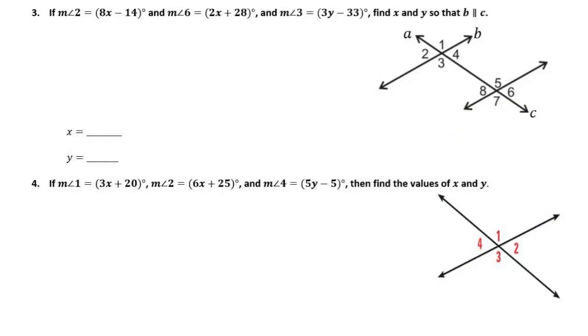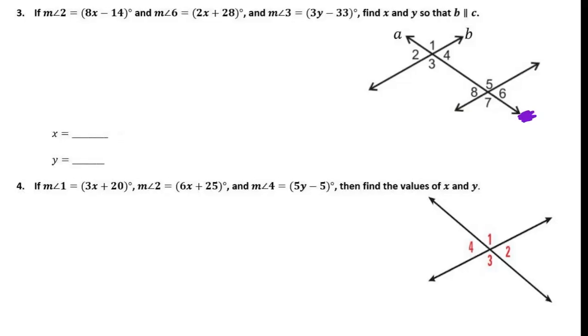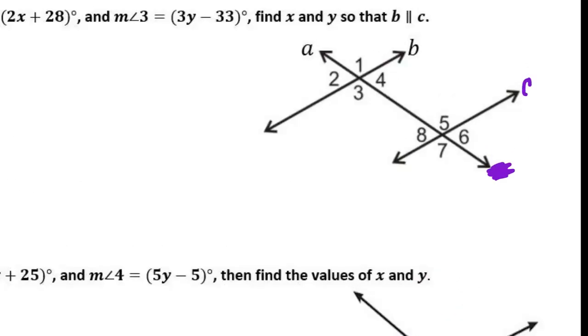All right, so we're going to start with question number 3. And if you remember, this was the one that we had to make a correction to yesterday. If you did not make that correction, you want to get rid of the C that's down here. And this line right here is what should be C. So that's the first thing you want to do, is make sure that you have the lines listed correctly or